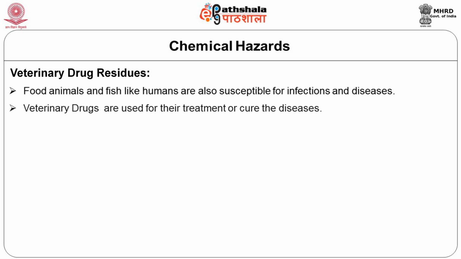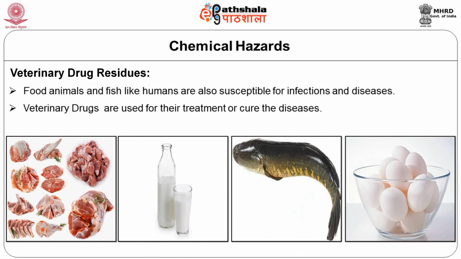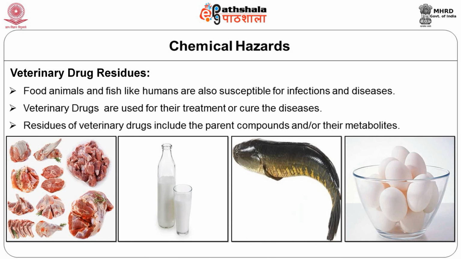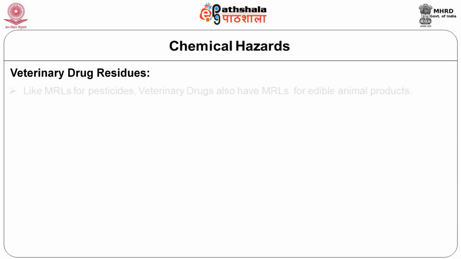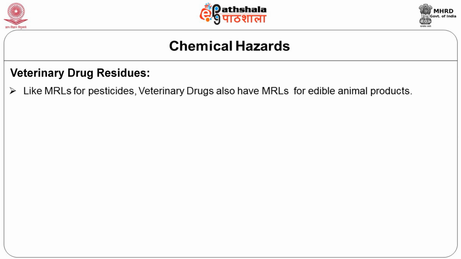They also leave residues in the edible animal products like meat, fish, egg, etc. Residues of veterinary drugs include the parent compound or their metabolites in any edible portion of the animal products and include associated impurities of the veterinary drugs concerned. Like MRLs for pesticides, veterinary drug residues also have MRLs for edible animal products. So, each edible animal product, like liver or muscle or eggs or even fish, will have different levels